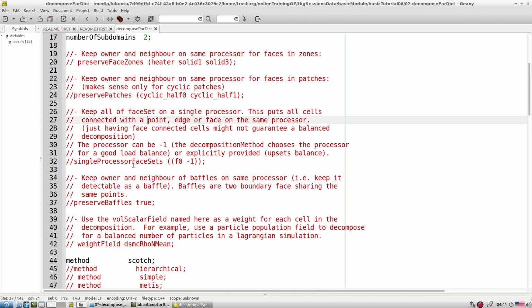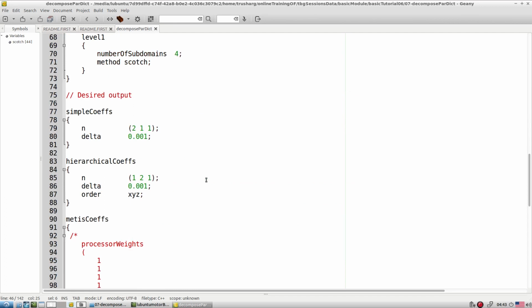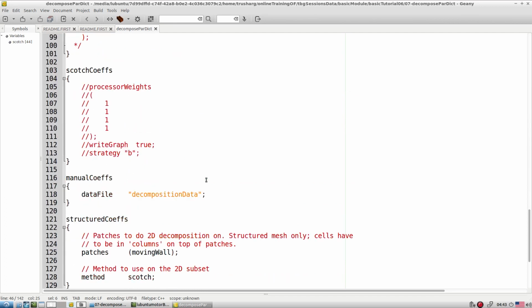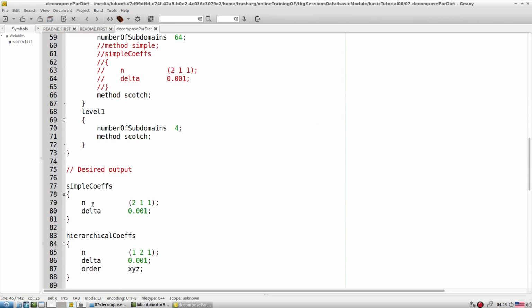Then there are different classes of methods available. Normally we go with the simple method, a very simplified way to do the decomposition. It is the simple way where you can do Cartesian-wise decomposition, where you have to specify only the x, y and z directions. You quickly decompose the test case with the help of simple coefficients like here.